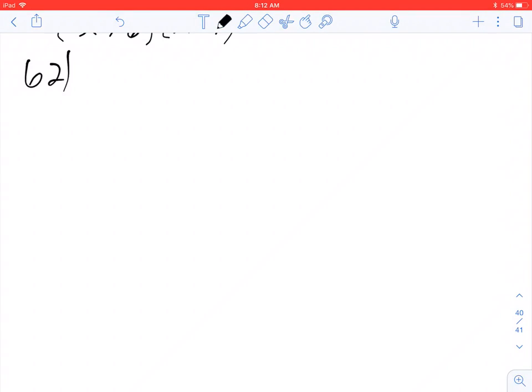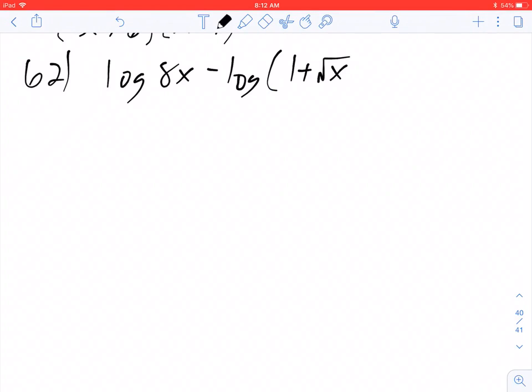Okay, so the last one, number 62, is log 8x minus log of 1 plus root x, and that's going to equal 2. First thing we're going to do is utilize the quotient property to combine the two logs on the left-hand side. So it becomes log of 8x over 1 plus root x